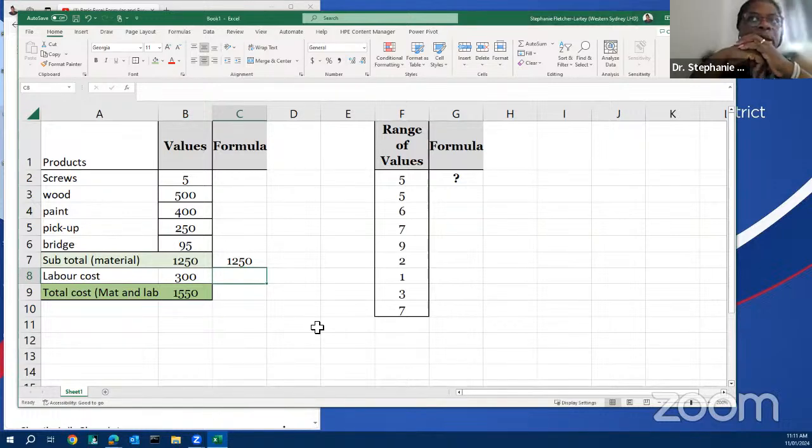2,500. So you want to double the cost? Yeah, that would be 100% markup. Okay. So you want to charge 100% of the material cost as labor cost. So it's equal to